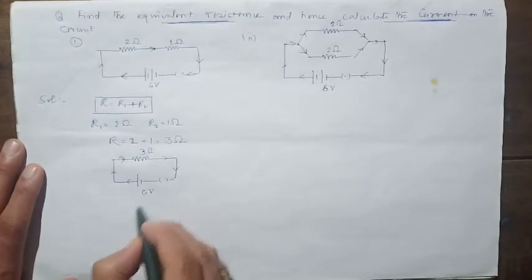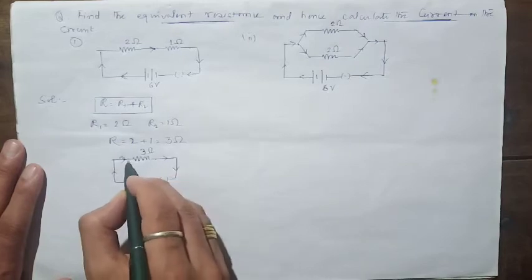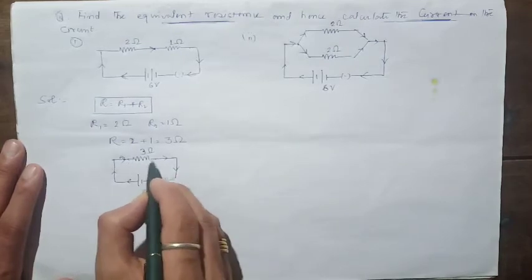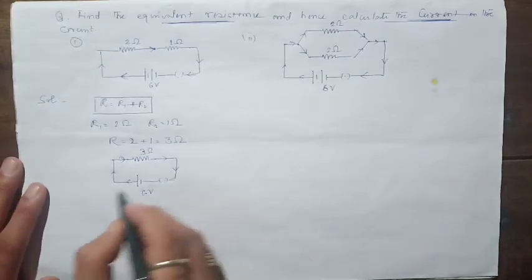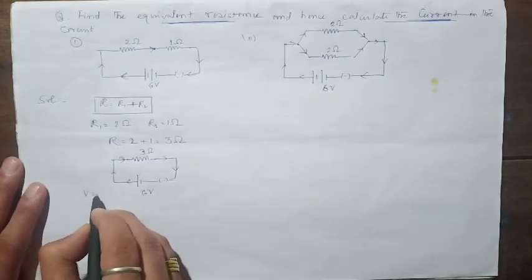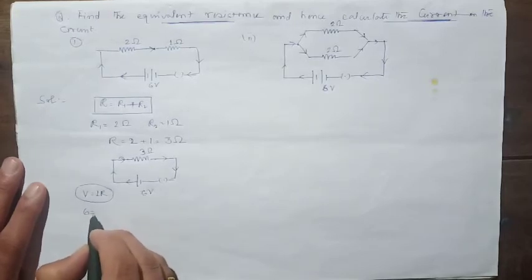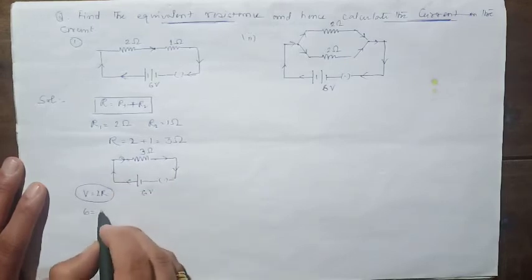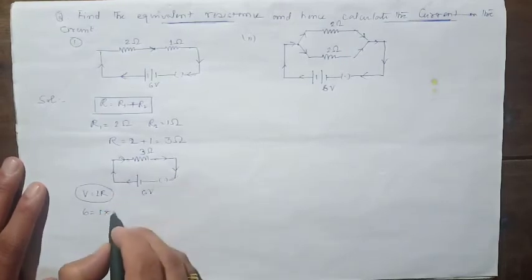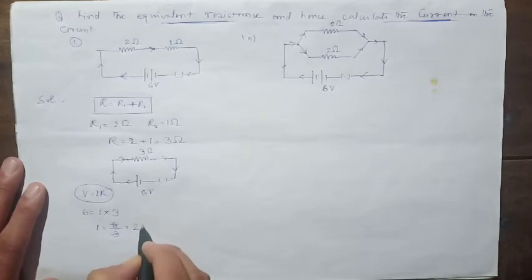Now we have this 6-volt battery, students. The potential difference developed across this 3 ohm resistor is 6 volts and the resistance is 3 ohms. Now we can find out the current using Ohm's law. V is equal to IR, students. V is how much? It's 6 volts, the potential difference developed across this 3 ohm resistance. Current we have to determine. The value of resistance is 3 ohms. So simplifying will give us 2 ampere.